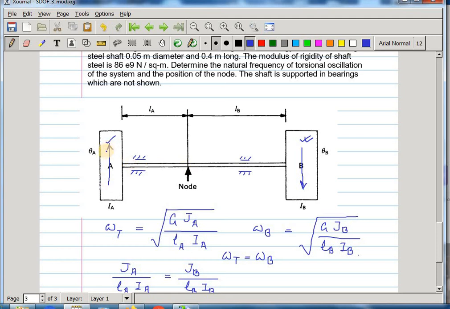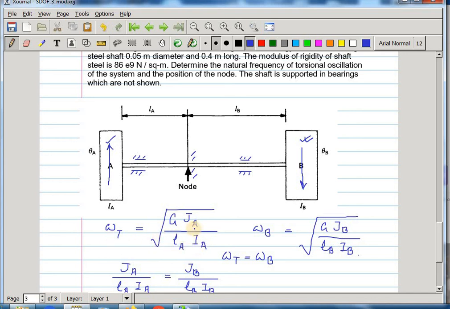In this direction some theta a here, in this direction some theta b here. So this point is actually called the node, and since this is a node, there is no torsional oscillation here. This can be taken as fixed for this part, and for the turbine part